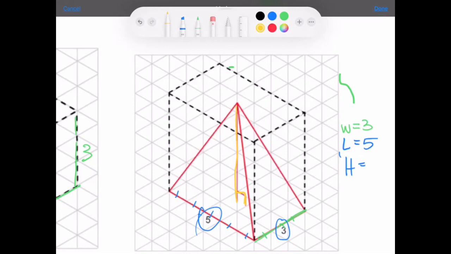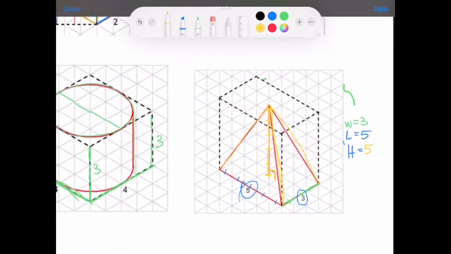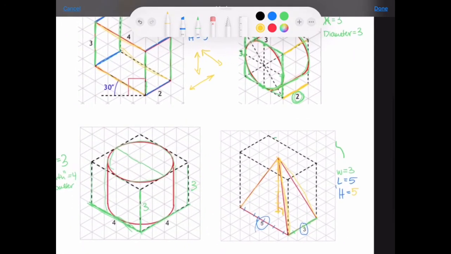So for the height, we have 1, 2, 3, 4, and then we have a half here and a half here, so the height is 5. Okay? And then we just connect the lines from each corner, right, and we end up with our pyramid. So just to, if you're looking at one of these shapes drawn in this setting, break it down